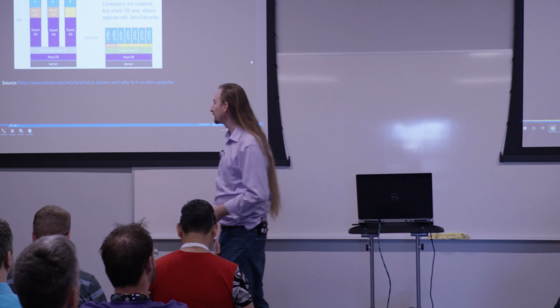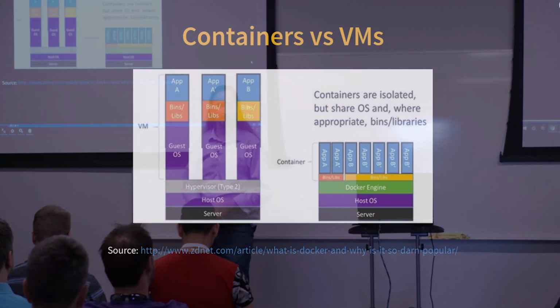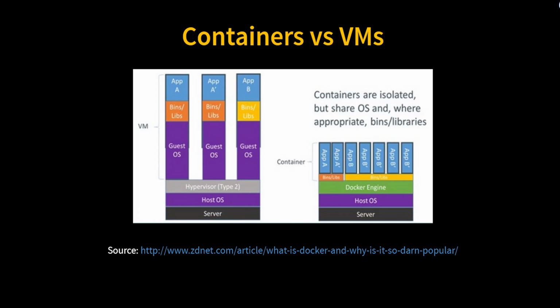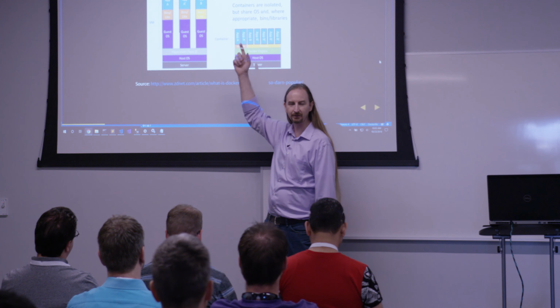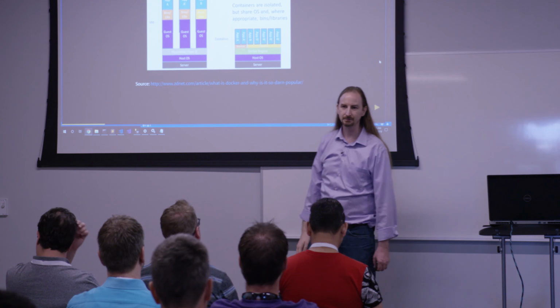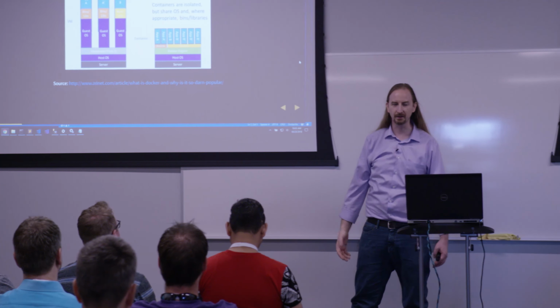I think as an industry, we're almost past this, but let's dig in just in case. In traditional virtualization, we have our operating system sitting on bare metal hardware. We'll install a hypervisor, perhaps this is Xen or VMware. Then we'll install various virtual machines. Into each virtual machine, we'll install the operating system. Then we'll install our libraries and dependencies, and ultimately our application. If I want a second virtual machine, I install a second operating system, a second set of dependencies, and ultimately my application.